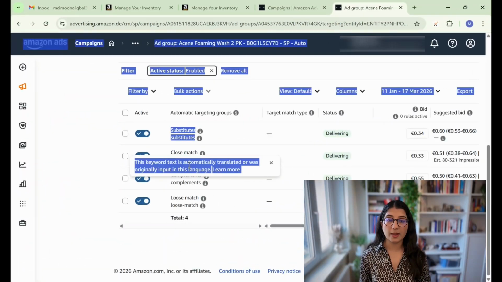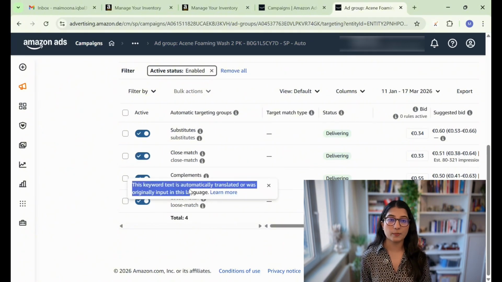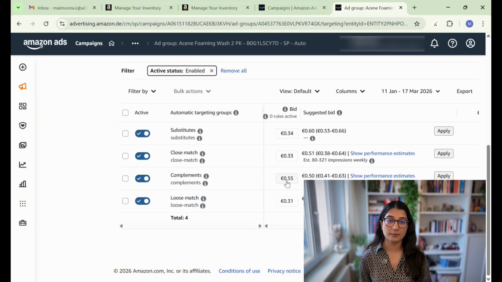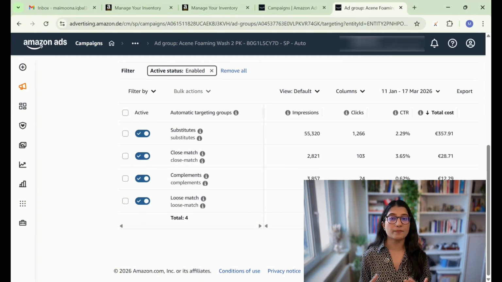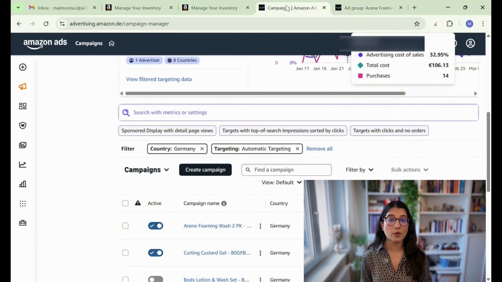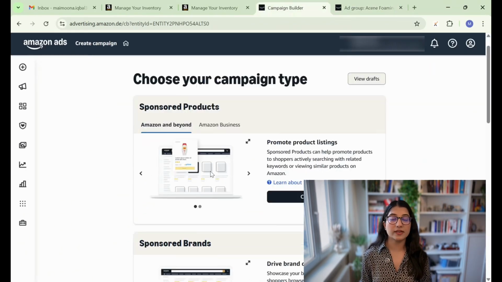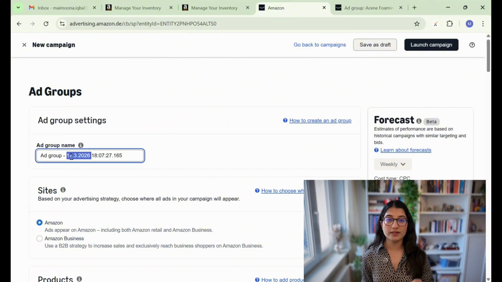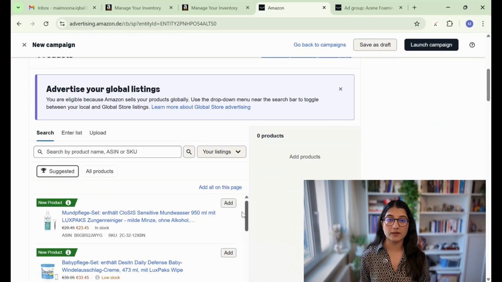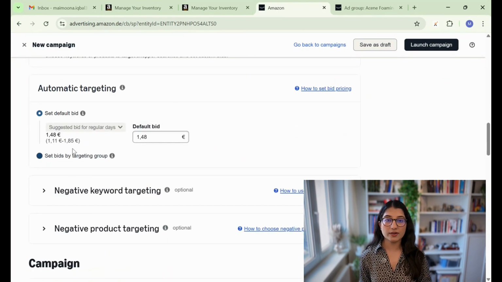Now comes campaign structure 4, smart auto campaigns. A lot of sellers either over-rely on auto campaigns or dismiss them entirely. Both are mistakes. Here is the reality. Auto campaigns have gotten significantly better. Amazon's algorithm has improved to the point where a well-configured auto campaign can actually outperform many manual campaigns, especially on ACOS. But the keyword is well configured.